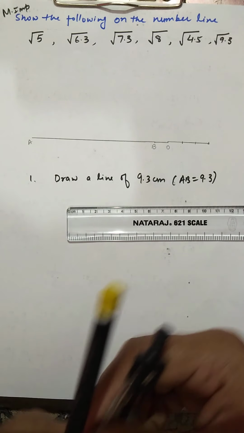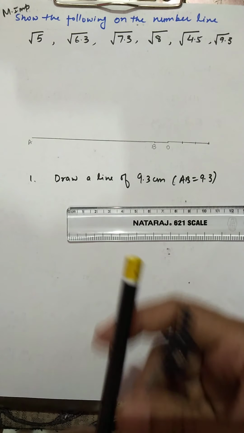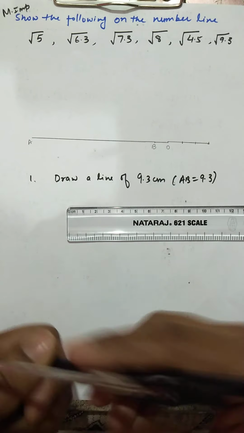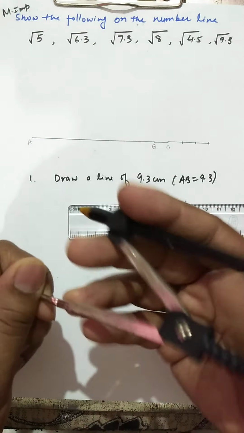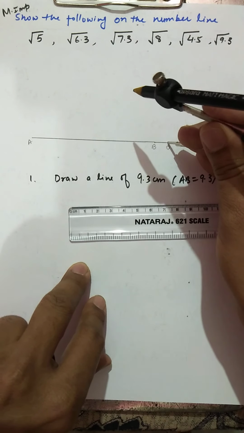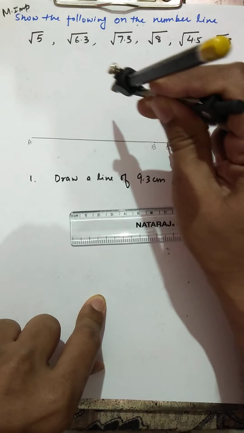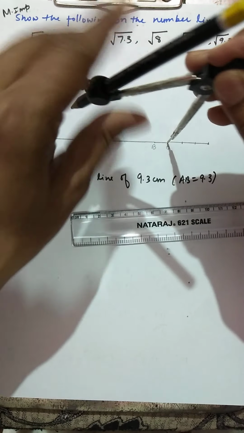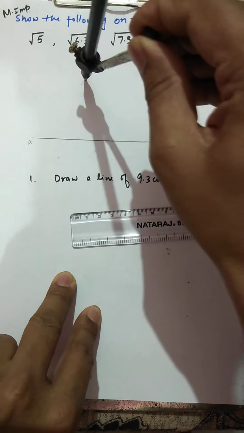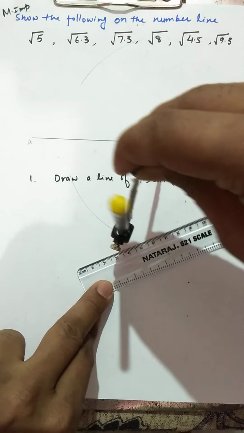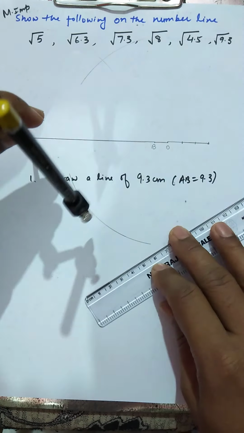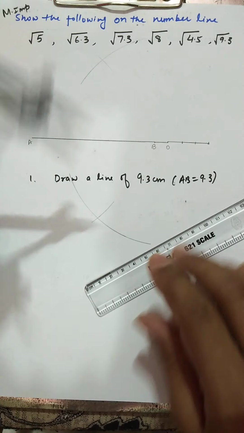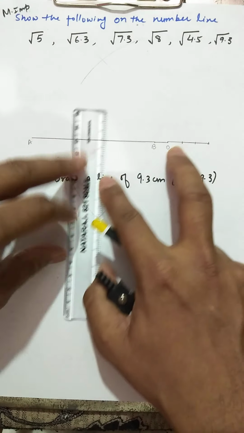After doing this, we'll draw the perpendicular bisector of AO. For the time being, I'm saying this as AO. So perpendicular bisector, you know how to draw perpendicular bisector. You keep your compass at O and open more than half. You open more than half and put an arc on top side and one arc on the downside, and from A you again mark this, you cut this previous arc, and now you join